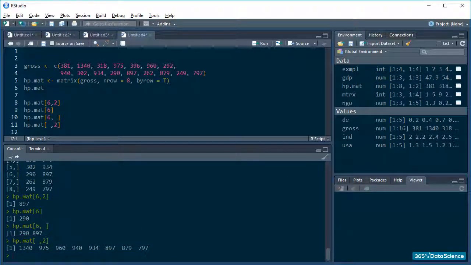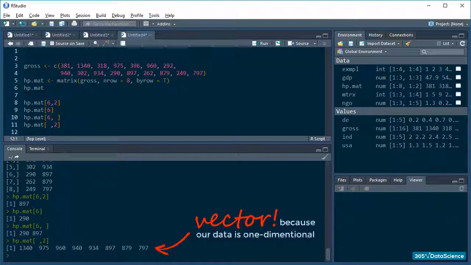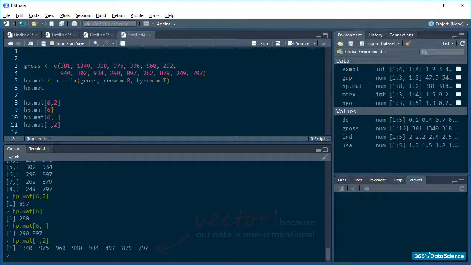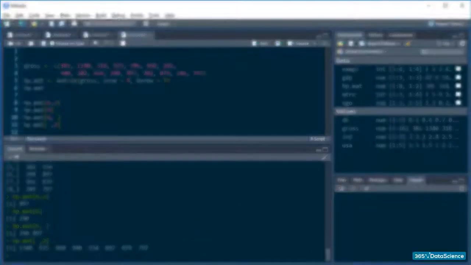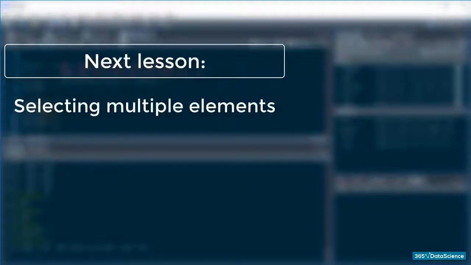Notice that R returns the result as a vector instead of a matrix. This is because we're only asking for a one-dimensional object, and a vector suffices to store such information. Which brings me to the next type of subsetting, selecting multiple elements. This and more will be the topic of the